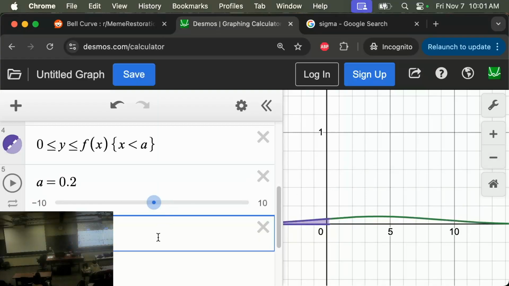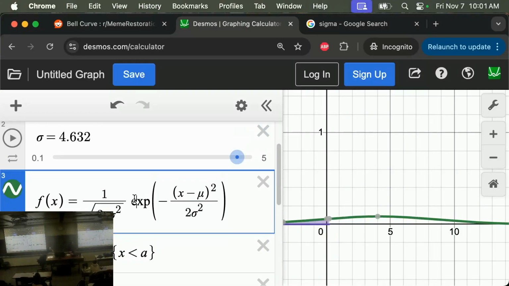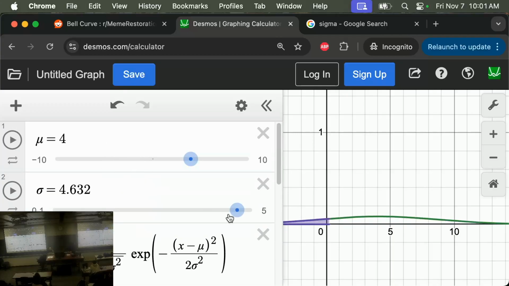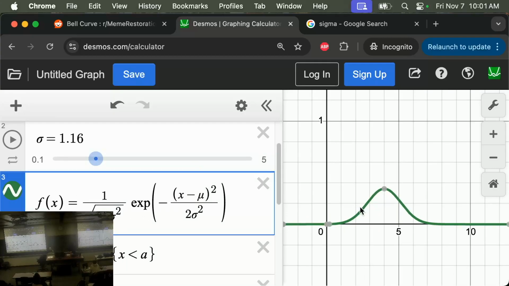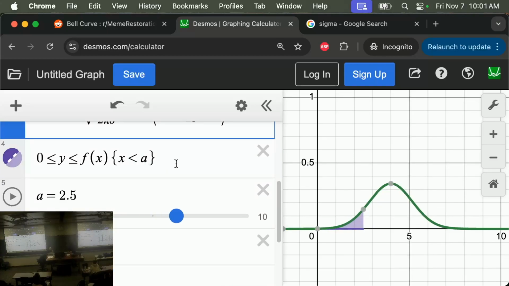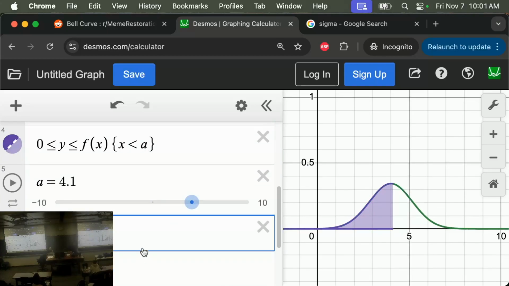People have given a name, exp, to this exponential function. That's an ordinary function. But for the area function, something like the area of a piece of this curve, let's make it a little bit pointier and zoom in a bit. I can slide the area around here to get this purple area. These purple areas will be given by something called the error function, which is called erf of a.